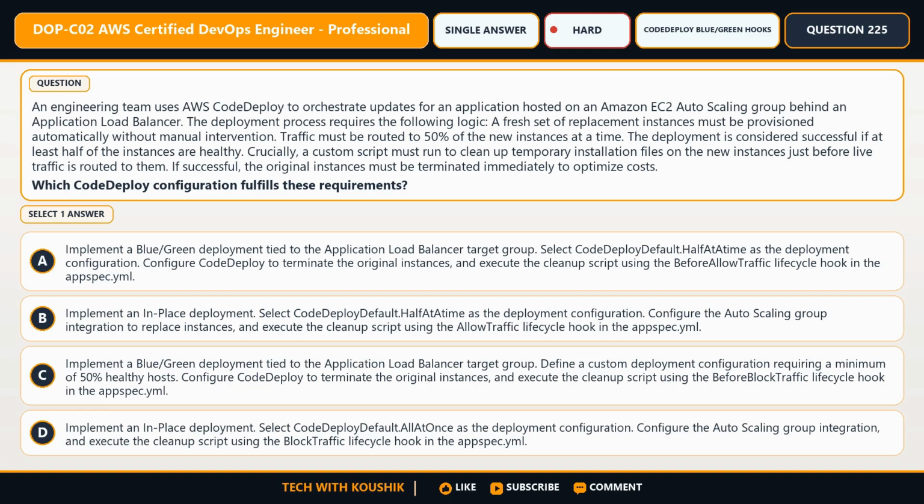Option B. Implement an in-place deployment. Select CodeDeploy default half at a time as the deployment configuration. Configure the Auto Scaling group integration to replace instances and execute the cleanup script using the AllowTraffic lifecycle hook in the appspec.yml. Option C. Implement a blue/green deployment tied to the Application Load Balancer target group. Define a custom deployment configuration requiring a minimum of 50% healthy hosts. Configure CodeDeploy to terminate the original instances and execute the cleanup script using the BeforeBlockTraffic lifecycle hook